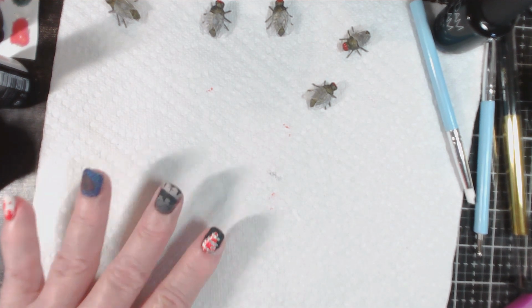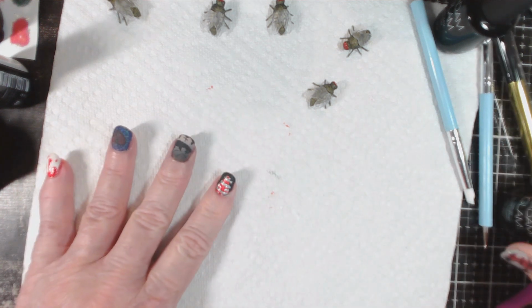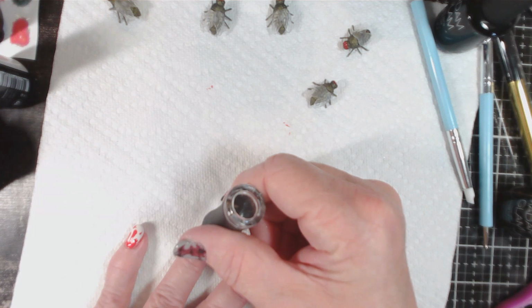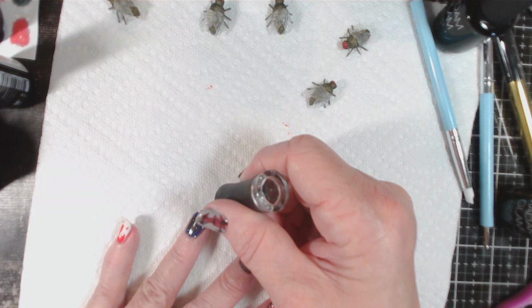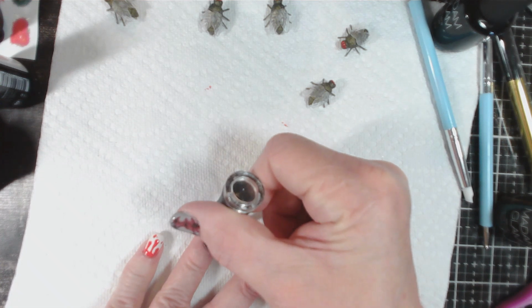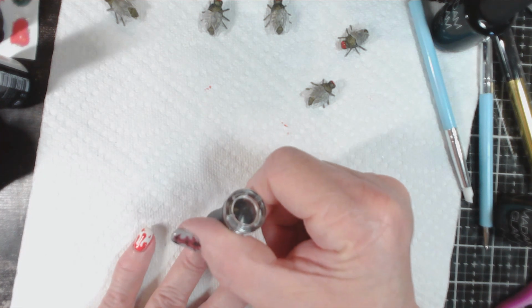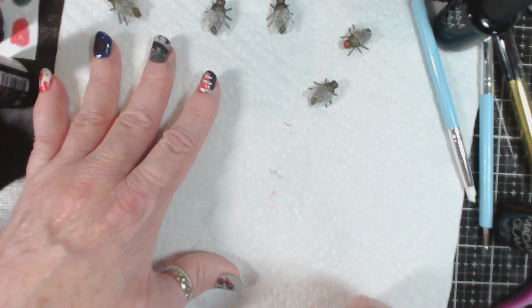Okay, that's done. Now we're going to top coat with the no wipe top coat. And wait till you see how shiny this makes these two nails. I mean, come on. And it only takes one, and you don't have to wipe it off after because it's not sticky. You don't want it super thick either. You're not floating it. You're just glossing it. All right, let me do the other nail,